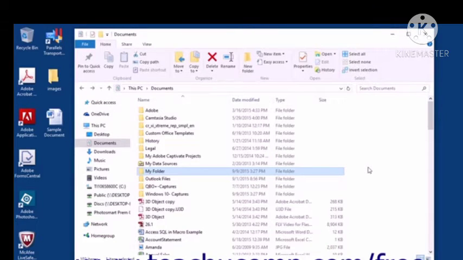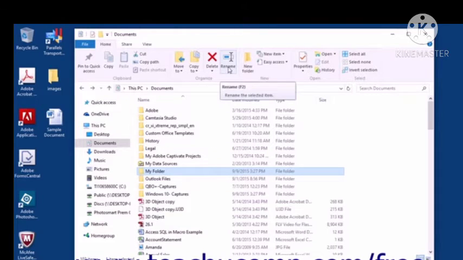Select the file or folder that has to be renamed from the right part of the Windows Explorer screen. Which file or folder you want to rename, that file or folder first you select.